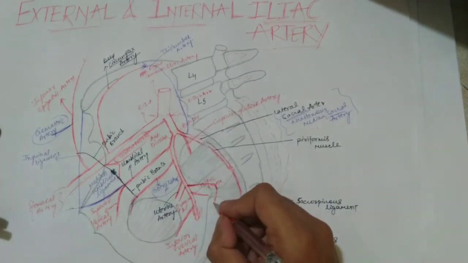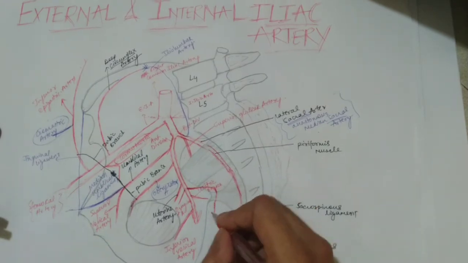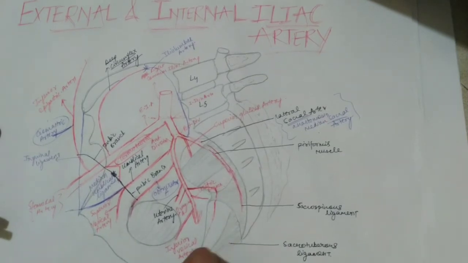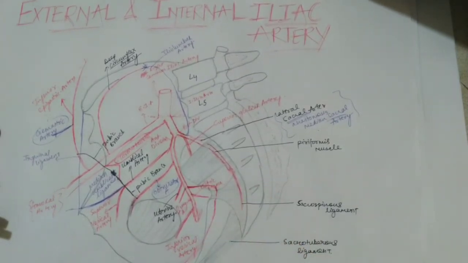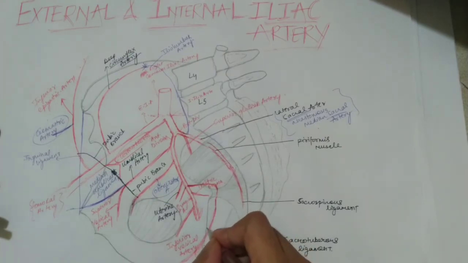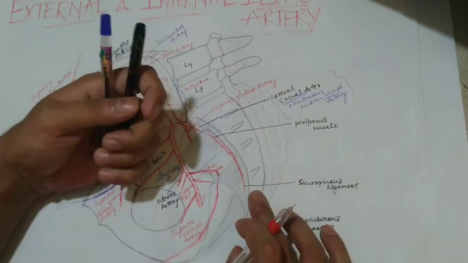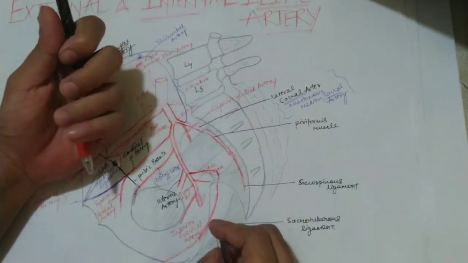the lesser sciatic foramen and reaches your ischiorectal fossa. In the ischiorectal fossa it terminates into its terminal branches. It is a long pathway, and it supplies the lower part of the pelvic diaphragm and goes to your perineum. It has many further branches, so let's see the branches one by one.